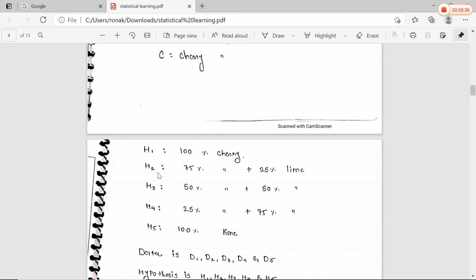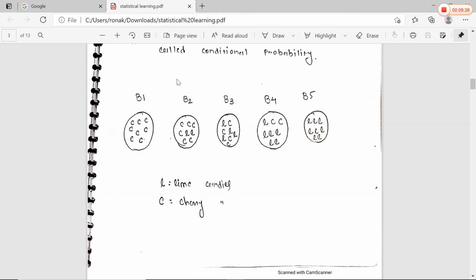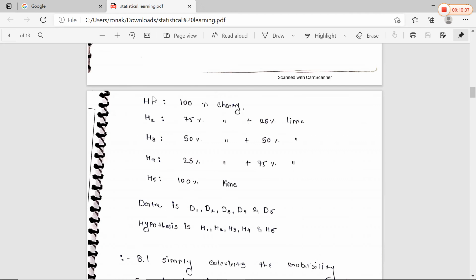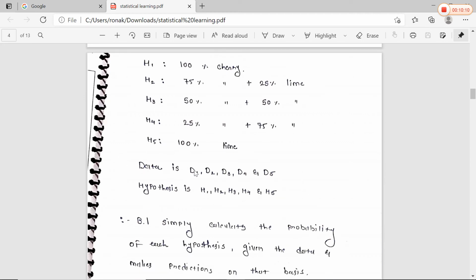अब हमारा H2 मतलब हाइपोथेसिस H2, B2 का होगा, तो उसमें से 75% कैंडी चेरी की है, 25% लाइम की है। जो H3 है, मतलब B3 बैग की, उसकी असम्प्शन वैल्यू हमें एज्यूम करनी है कि 50% चेरी है और 50% लाइम है। और H4 होगा कि 75% लाइम की है और 25% चेरी की है। ठीक है, सो दिस वन इज द हाइपोथेसिस वैल्यू फॉर द ईच बैग।